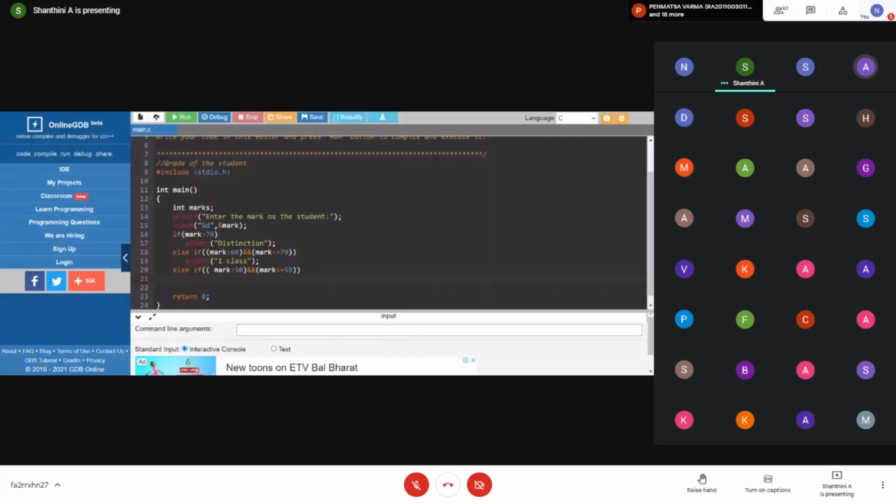For the first if you have an else part, and for the next consecutive cases you have your else if ladder. If the checking conditions are more in number, the complexity of the else if ladder can be reduced by using switch case. But this concept is mainly to understand the else if ladder.